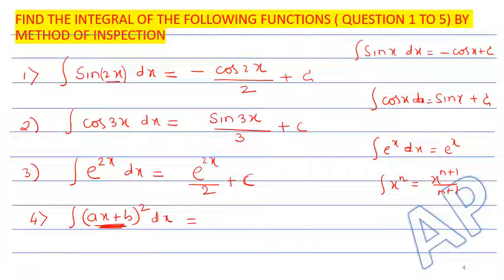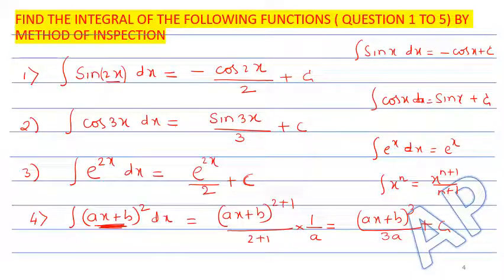So answer will be (ax plus b) whole to the power of 2 plus 1 by 2 plus 1, ಆಮೇಲೆ divided by the coefficient of x, ಅಂತಂದ್ರೆ ಇಲ್ಲಿ ನಮಗೆ divided by a, that is into 1 by a ಅಂತ ಬರ್ಕೋತೀನಿ. So answer will be (ax plus b) whole to the power of 3 divided by 3a plus c,